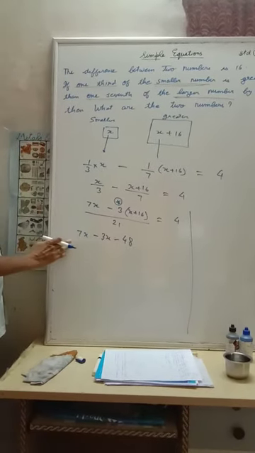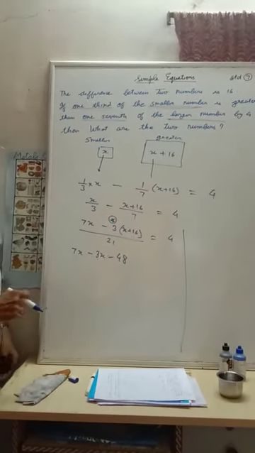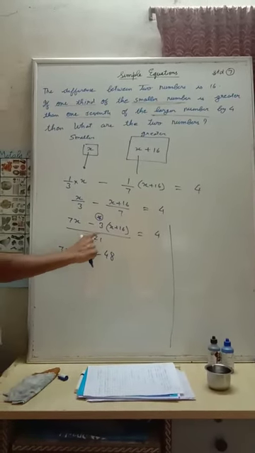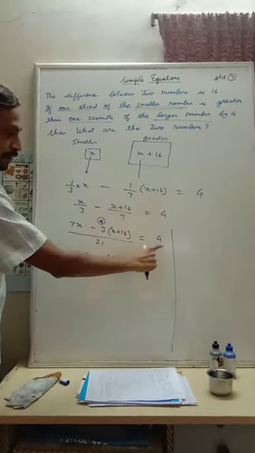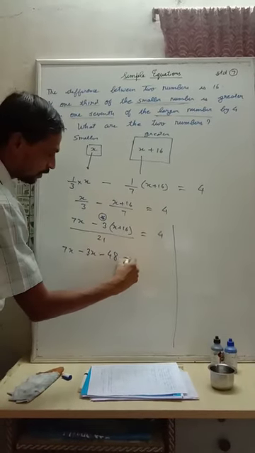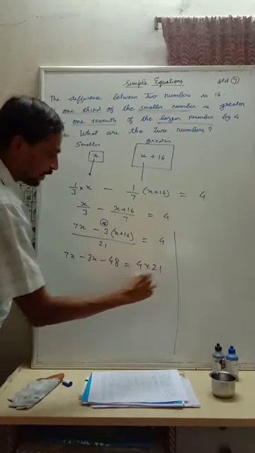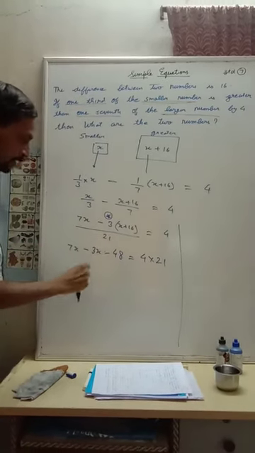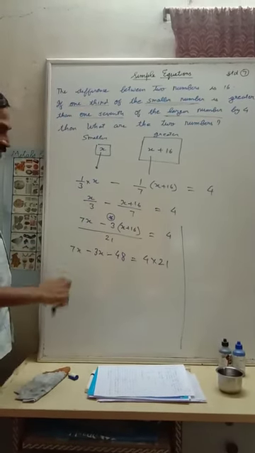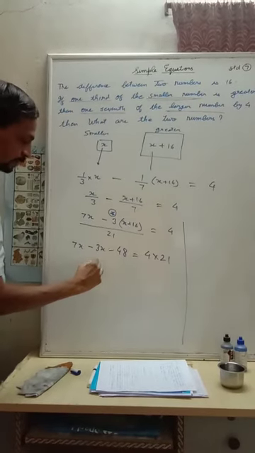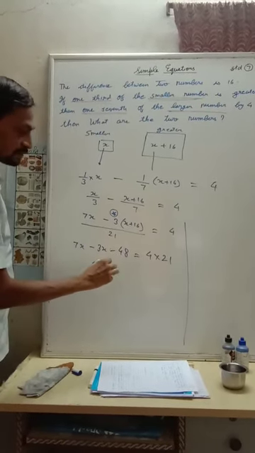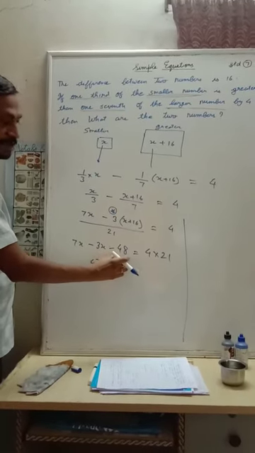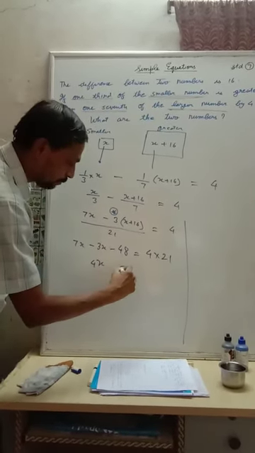You can just save your ink or save some steps. This 21 is below, we will transpose it. What we will do is, I will shift this 21 to the right hand side and it will be equal to 4 multiplied by 21, because it was division on the left hand side. Correct? Okay, now proceed further. 7x minus 3x, how much is it? So 7x minus 3x comes out to 4x. See one more, I am saving something, minus 48. If taken to the right hand side it will become plus 48.